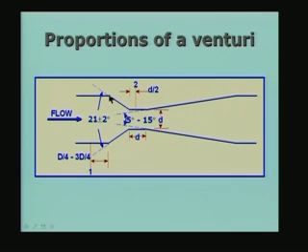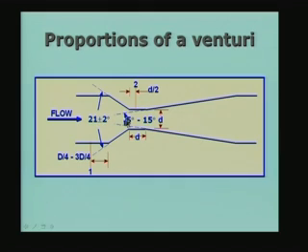It consists of two sections, the converging section, then a flat region where the diameter is uniform equal to small d, and then it starts diverging again. The angle of convergence can be 21 plus or minus 2 degrees, these are the allowed values. The diverging section can have an angle of 5 degrees to 15 degrees, any angle can be chosen.